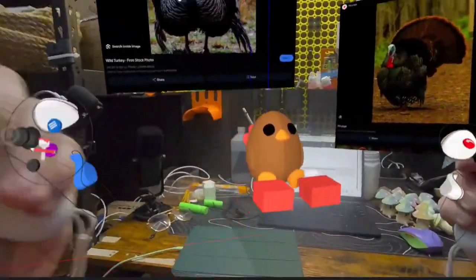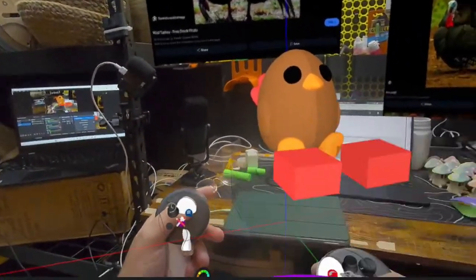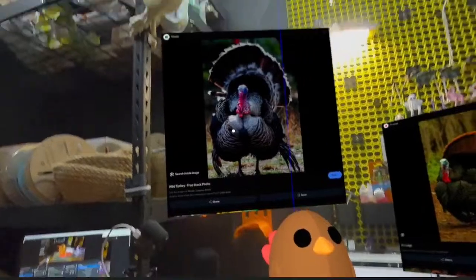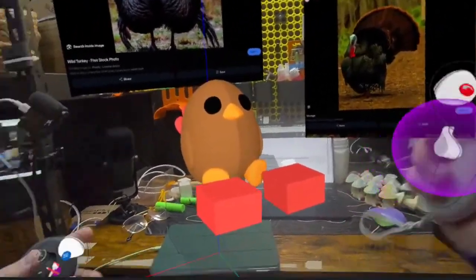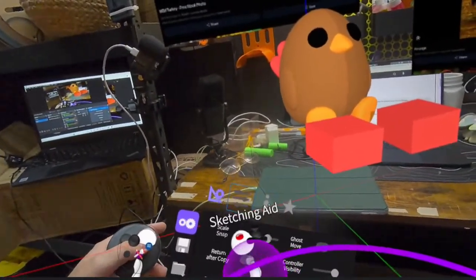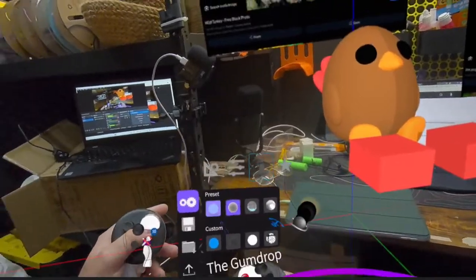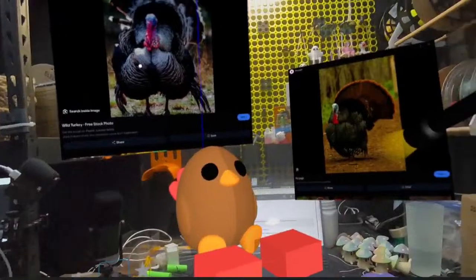Let's see if it'll let me do it. Hold on. Why isn't it letting me do anything? There's a way to change my environment, change my workspace. But it's not letting me do that for some reason.